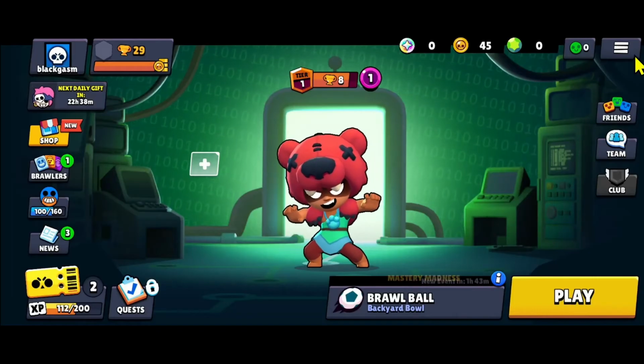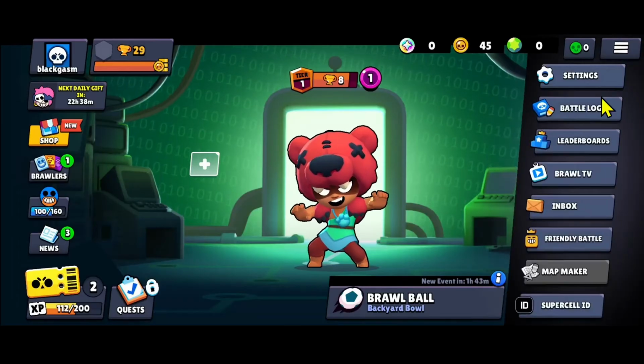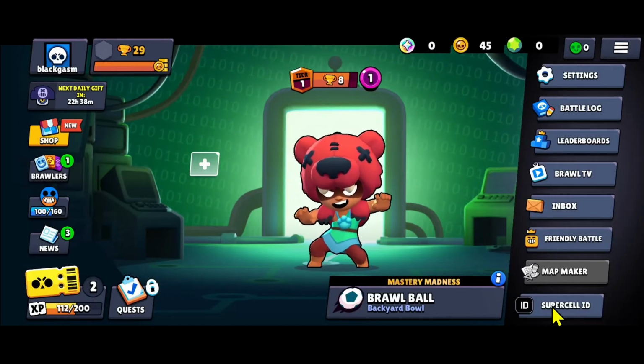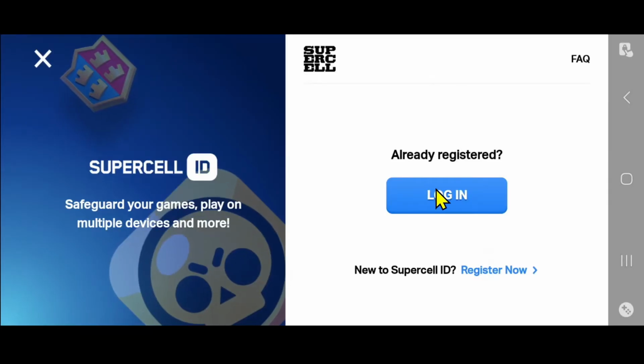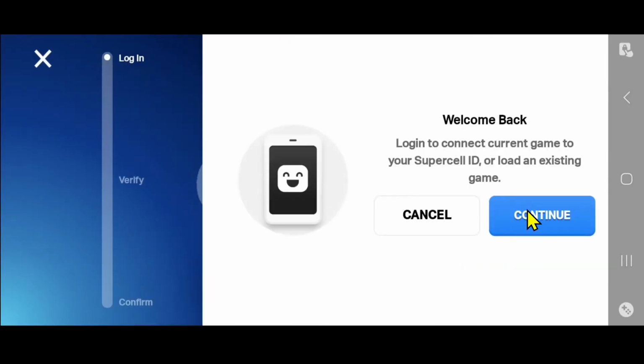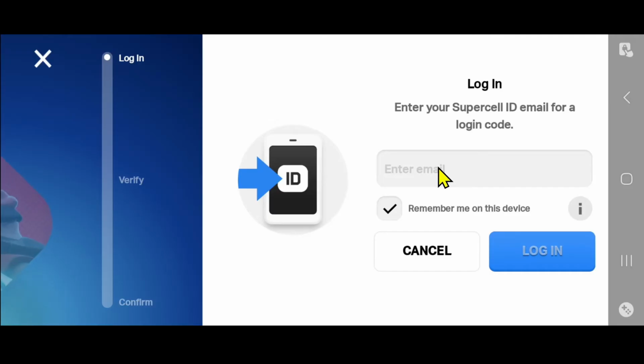If you already have a Supercell ID added, then tap on the menu button and then tap on Supercell ID. From there, you can simply log out from your current Supercell ID and then proceed towards logging in by tapping on the continue button, and you will be allowed to enter your new email address that you wish to use